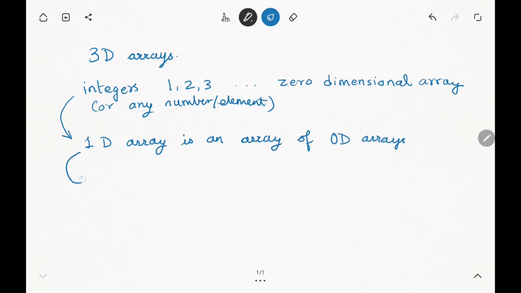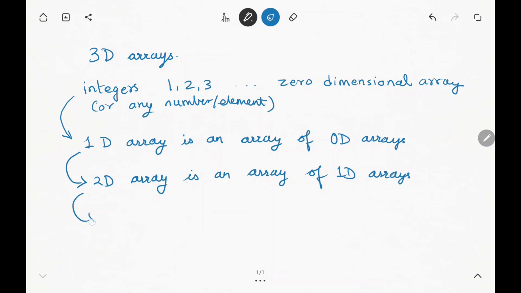Then a 2D array is an array of 1D arrays, and a 3D array is an array of 2D arrays, right? So now when we are writing a program in Java, when we are declaring or creating such an array,